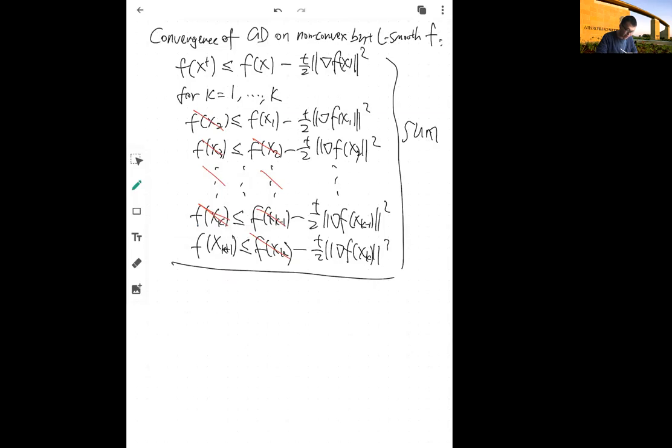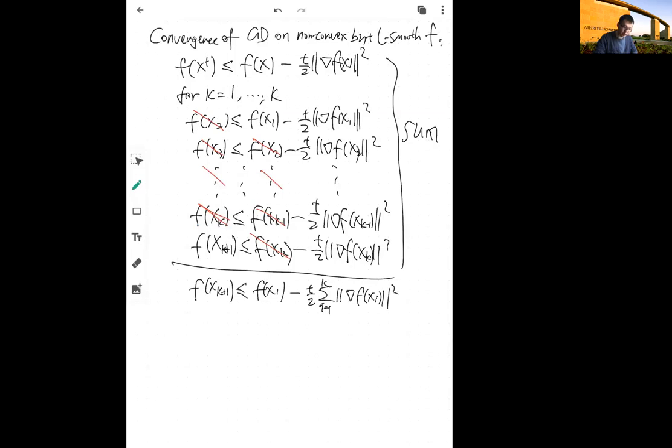We end up getting f(x(k+1)) is smaller than f of x1 minus half t, and then the sum of i from 1 to k of the gradient of f at xi